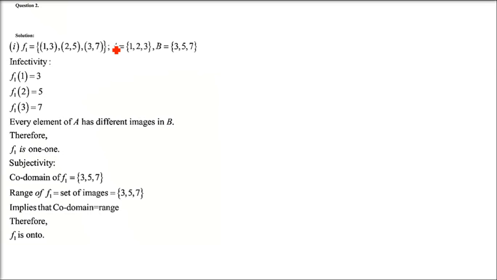Next one is question number 2. Which of the following functions from A to B are 1-1 and onto? So what I presume is you might have learned the chapter, you might have done the examples, and my idea is to give you all the tips and tricks. So let me show you graphically what this means. We have 1 2 3 and 3 5 7 as one set and another set. So A set and B set. How do we relate this?